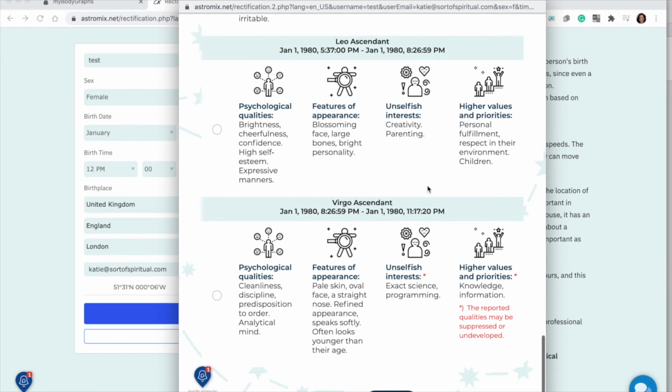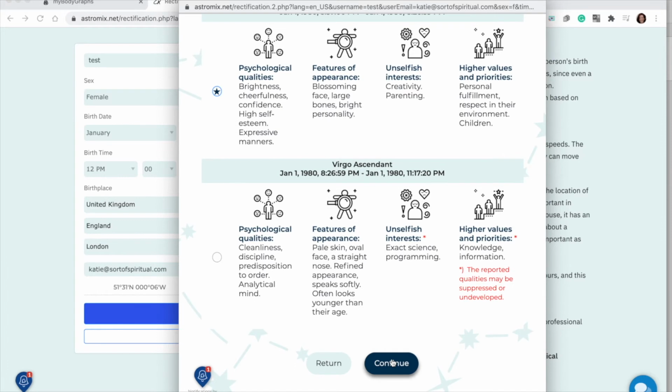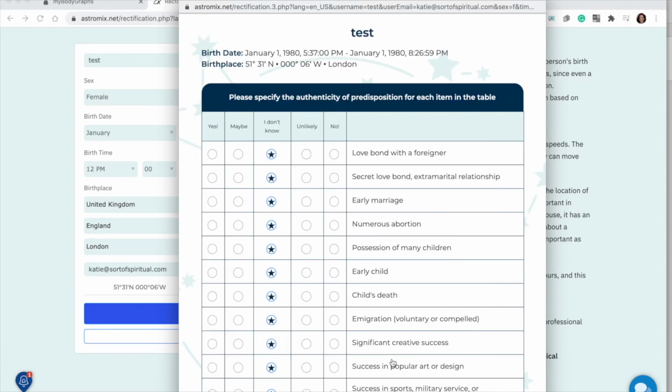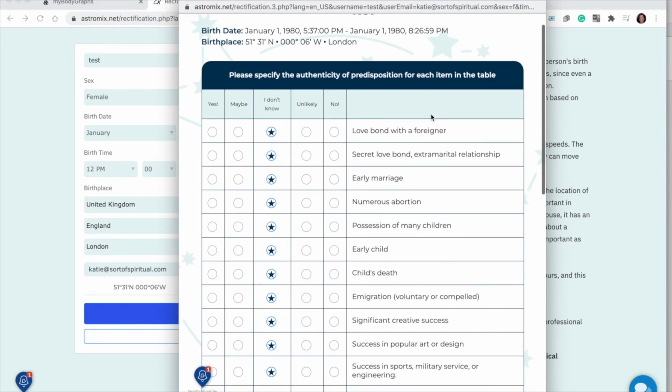And if it's not, this is a rough tool, okay? If you really want to get it done properly, go and see a proper astrologer that specializes in rectification. But I just want to show you this tool because I think it's fun and I think it can be helpful. It's something you can help people with. If they're like, I don't know my birth time, what do I do? You can be like, hey, go check out this tool. It's just nice to be helpful, I think.